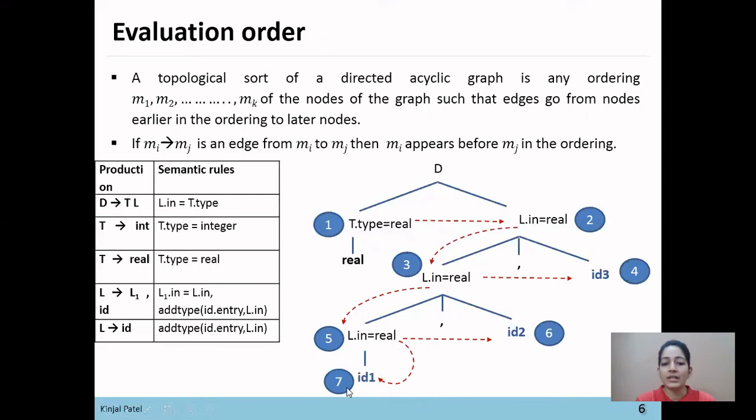So order 7 is given to this ID1. So this is how we can give the order to each node, that is, which node should be computed first.